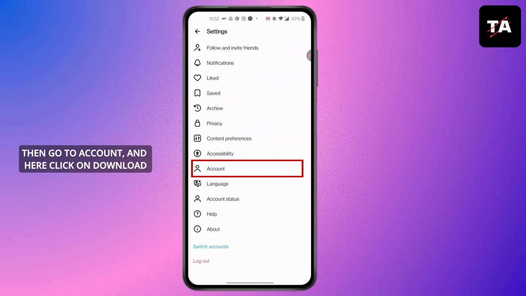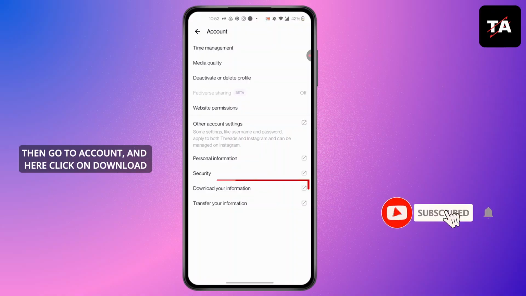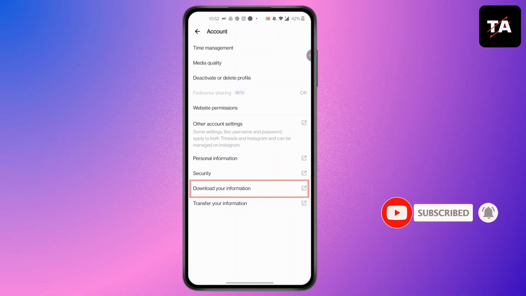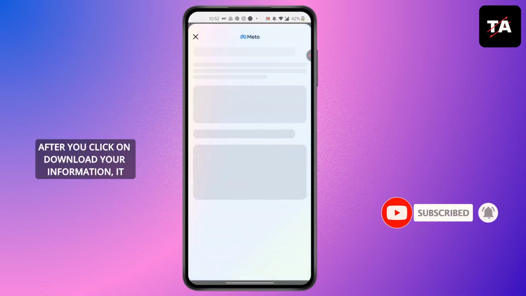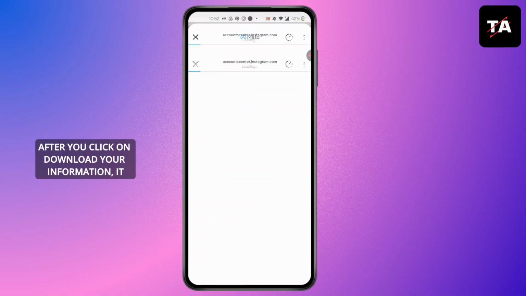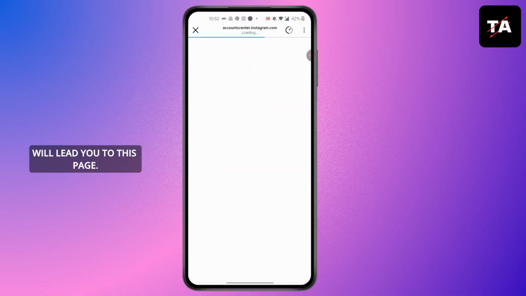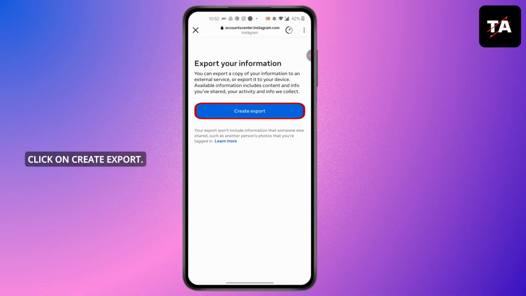Then go to Account, and here click on Download your information. After you click on Download your information, it will lead you to this page. Click on Create export,